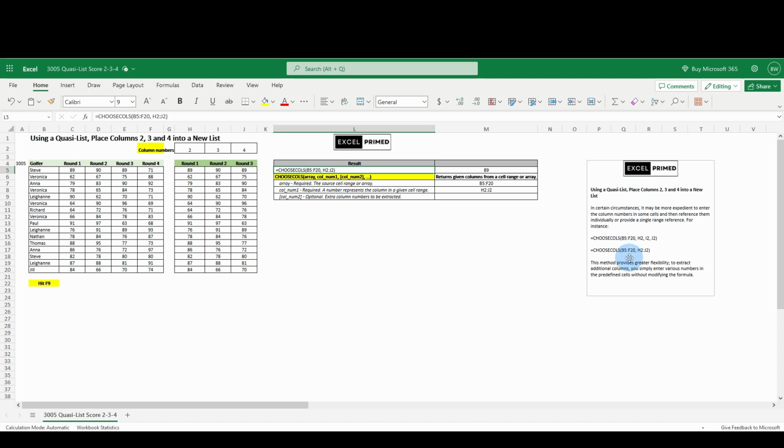Over here is a narrative. Read it if you need it. The anatomy, we've discussed this. If you're having trouble understanding, the flow is straightforward. Take a look at the formula here. You can see here, choose function. B5 is our lists. H2 to